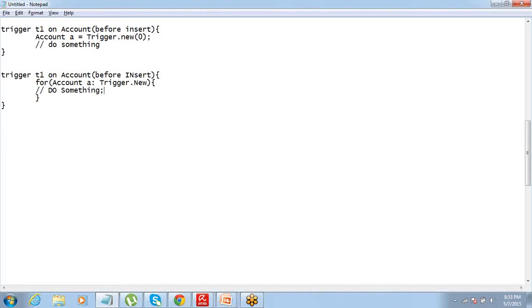Let's say you want to check some value on some place and then you just want to update some records. Let's say you have a list of accounts. And then you say for, so now we have learned the first thing, that it's good to write bulkified code.